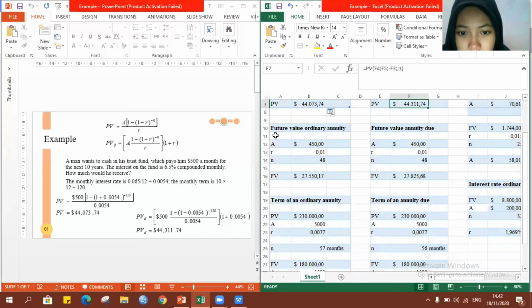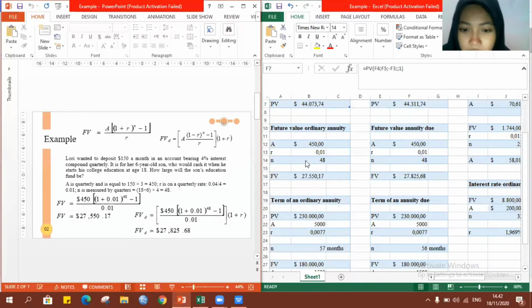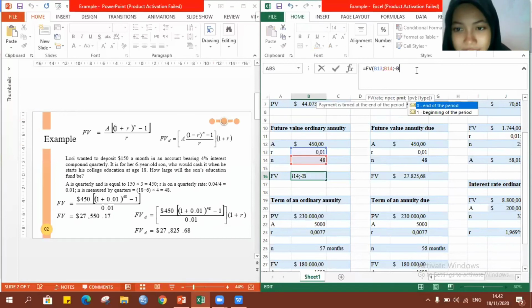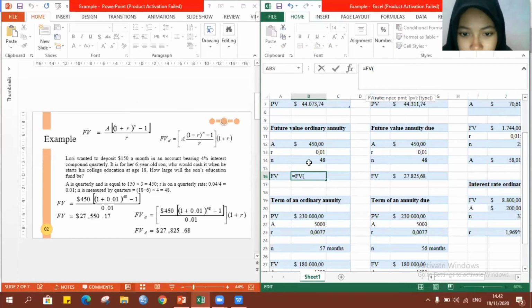If you want to find the future value, you must click FV and fill in the rate,